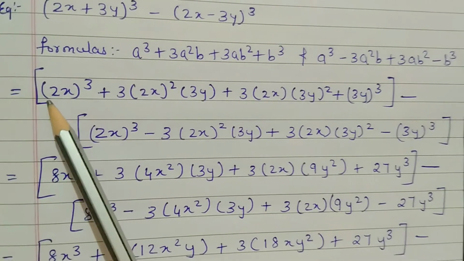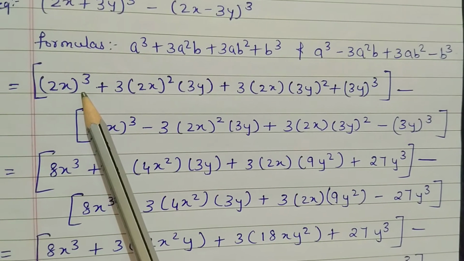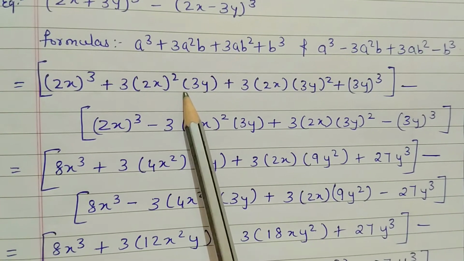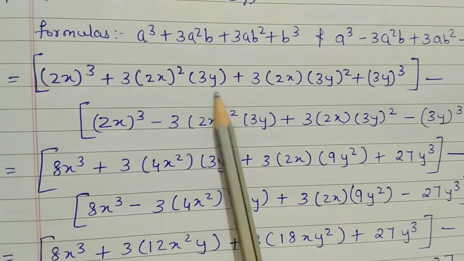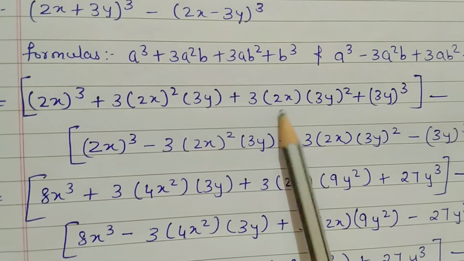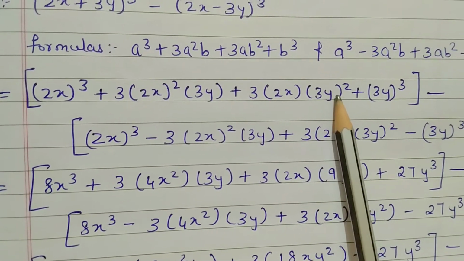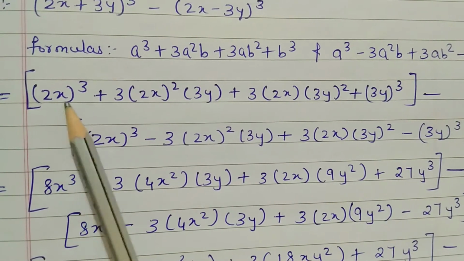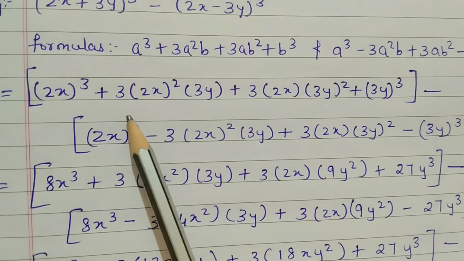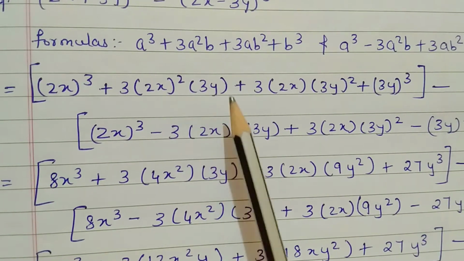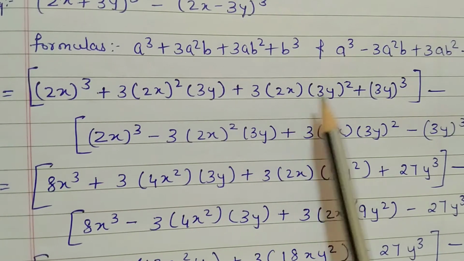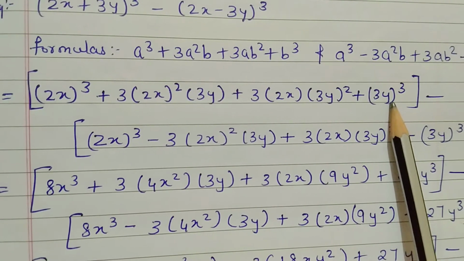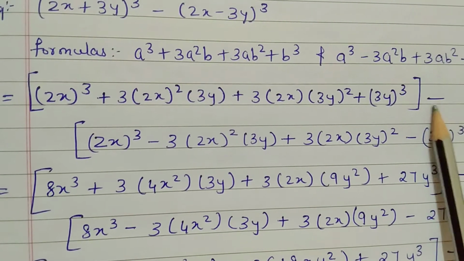Okay, so now (2x) cube plus 3 into (2x) the whole square into 3y plus 3 into 2x into (3y) the whole square plus (3y) the whole cube. That means a cube plus 3a square b plus 3ab square plus b cube, square bracket close, minus